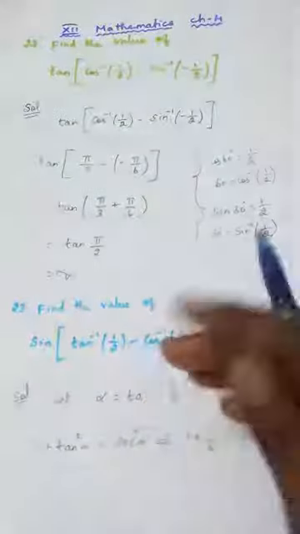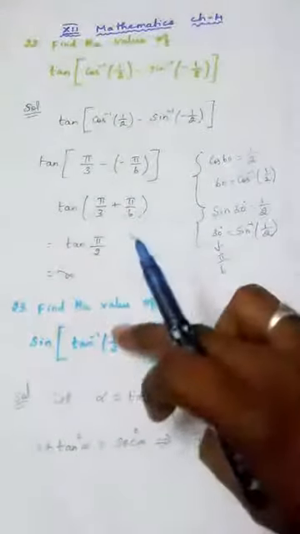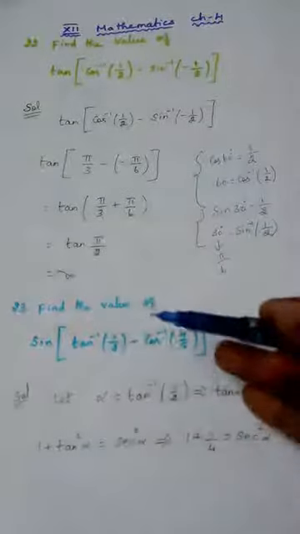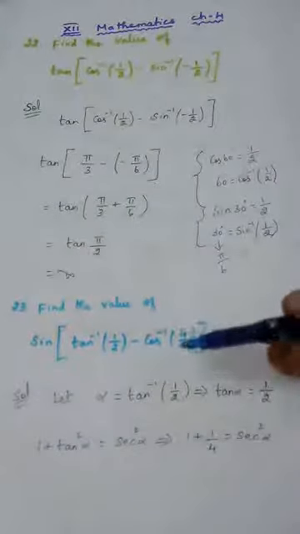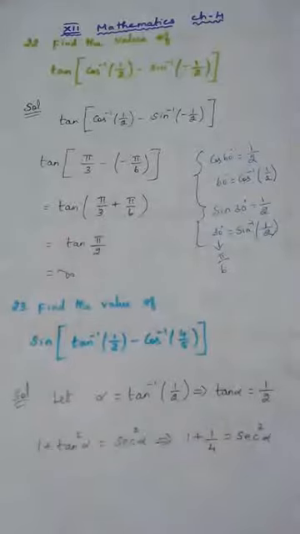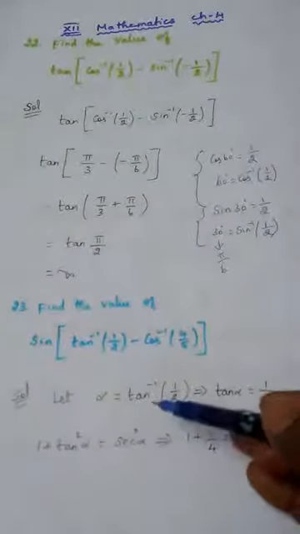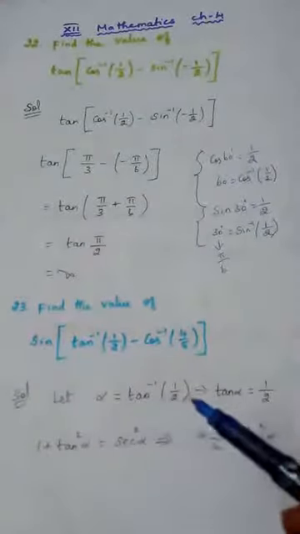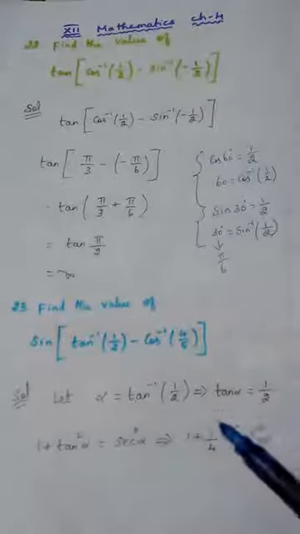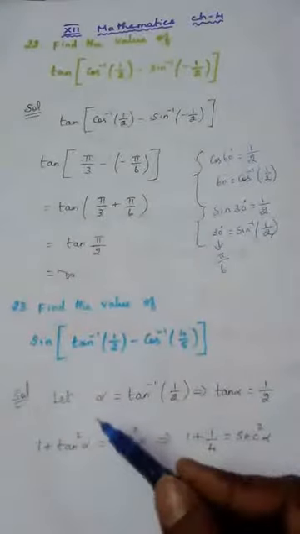But in this problem, we don't have a specific value for 1 by 2 in the tan table. And we don't have a value for 4 by 5 in the cos table. We didn't learn that. So we will follow a new method. Just listen to this method very carefully. These kinds of problems are important sums.